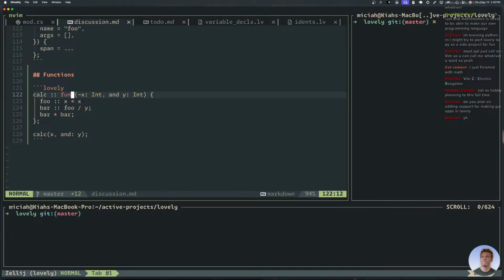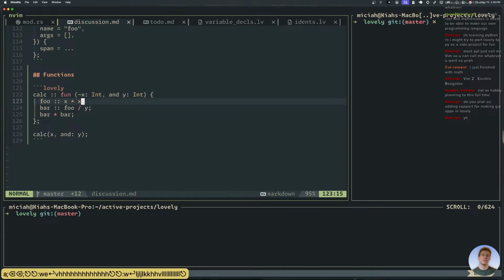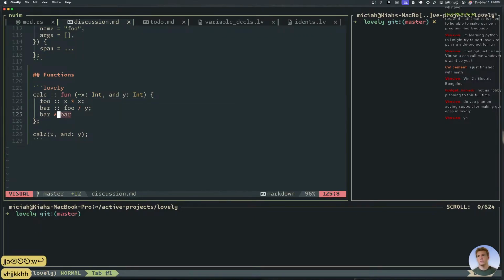What should we do about that? Because the way we think about this semantically is that a semicolon says, okay, disregard this. Not don't run it, but don't do anything with the value. Whereas if I leave the semicolon off, it's like Rust: use this value and make it the return statement.